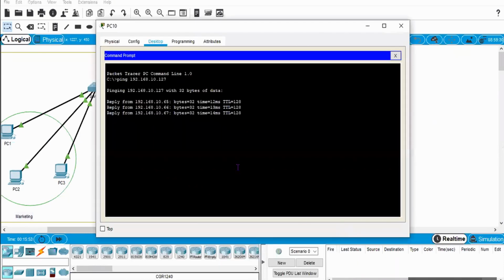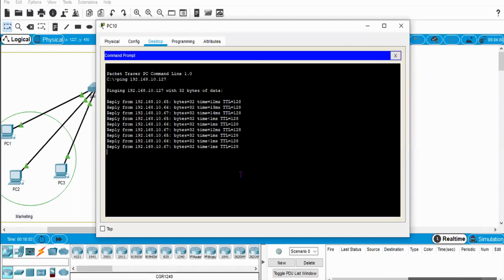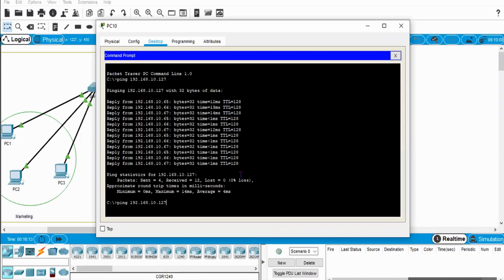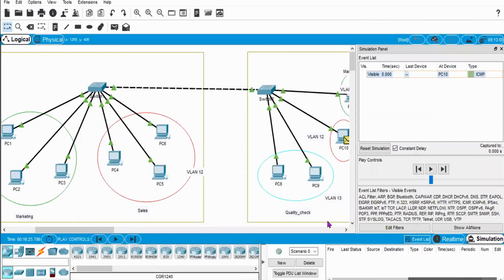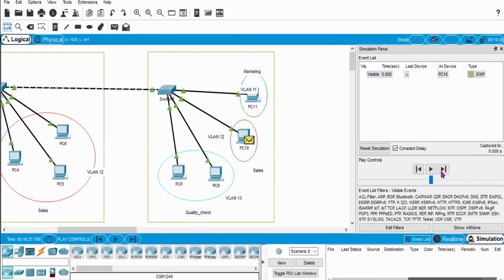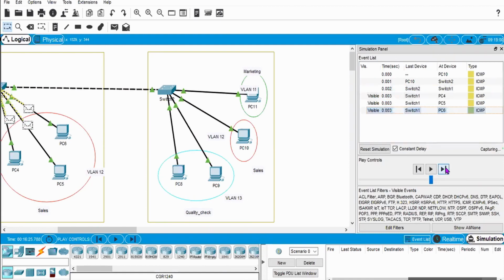If you do it a second time with the same broadcast, like I already told you, whenever you are communicating between two end devices for the first time, there will always be ARP generation. So if I do the same broadcast one more time, it will generate an echo request, and now, because PC10 already has the MAC address information of PC4, PC5, PC6, it will not generate any ARP.